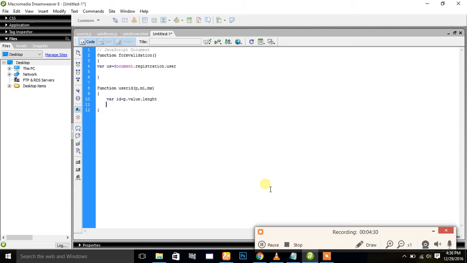And here we apply a condition: if id is equal to 0 or id is less than minimum, or id is greater than maximum, then